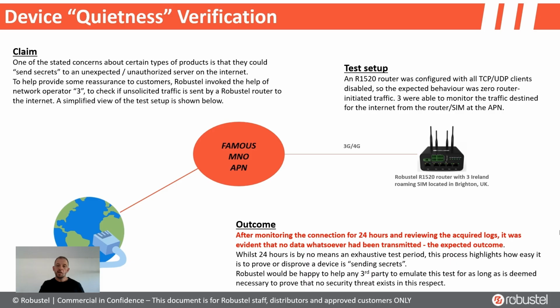So what we did is we set up a device to be configured to have no outbound traffic. We did this in partnership with a famous MNO. They put a probe trace on at the APN and monitored the traffic for 24 hours, and the outcome was as expected. Obviously 24 hours isn't extensive, but it's to prove the point that whether it's 24 hours, days, weeks, months,